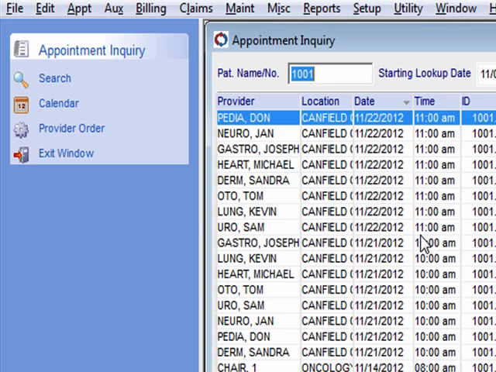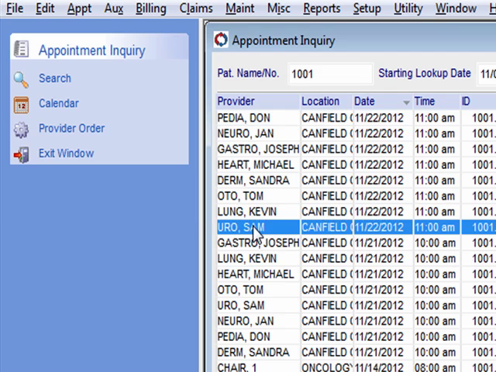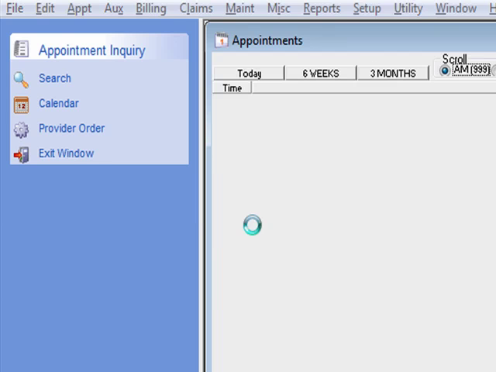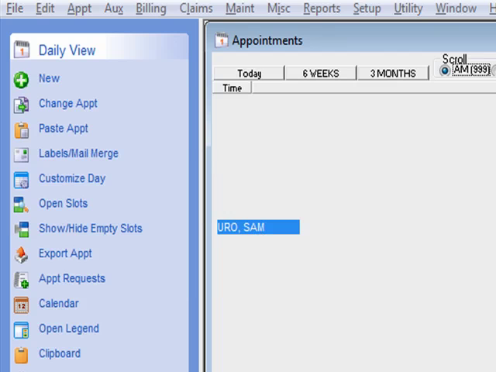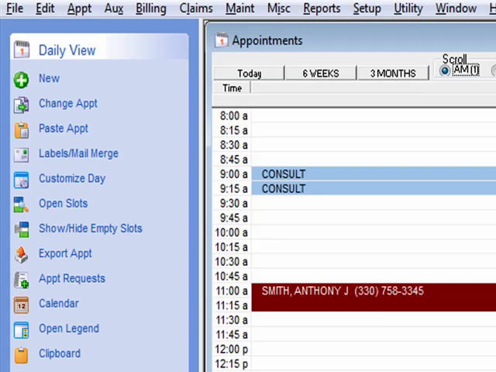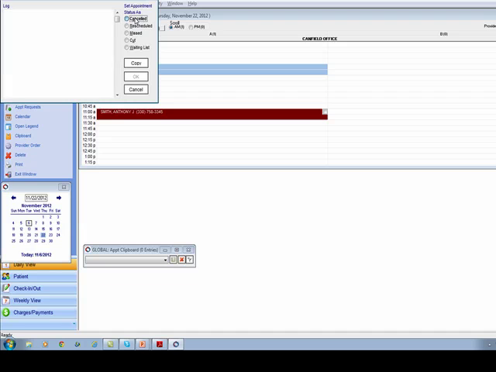This patient has a lot of appointments, as you can see. And if I wanted to cancel, say, this one, I would double click. It takes me out to the schedule, which is not currently configured. I'll say accept. And I can then cancel that using the change appointment and say the patient called to cancel, make my notes here,